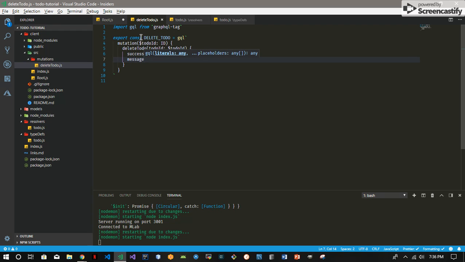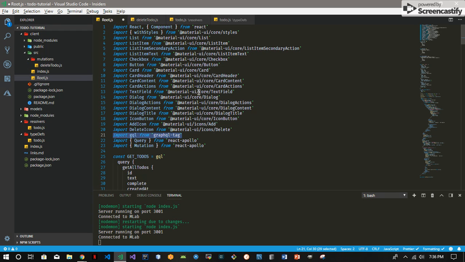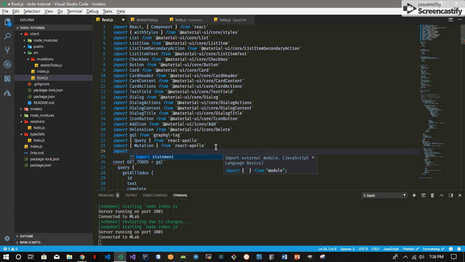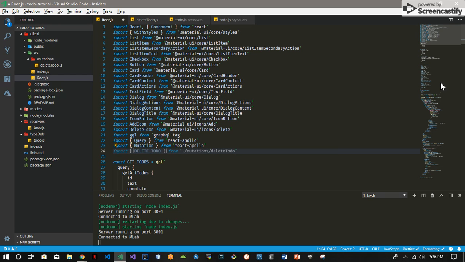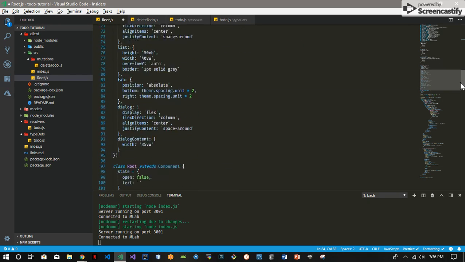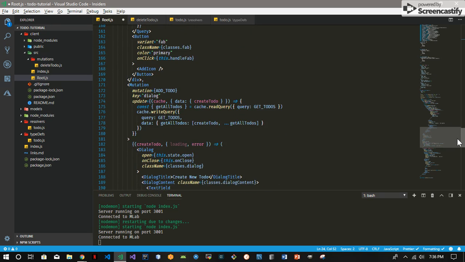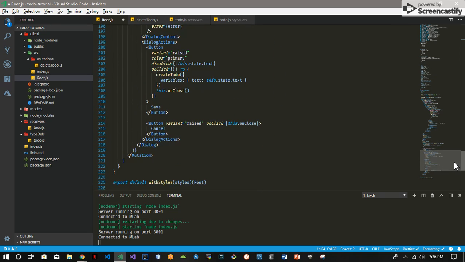So you can write this out to save space. We could have broken down a lot of different things. We could have made the dialog in a different file, and so forth and so on. But in brackets, we'll import deleteTodo, and we'll import that from /mutations/deleteTodo. Now we've got that, and we don't have to take up any space in our file. So down at the bottom here,